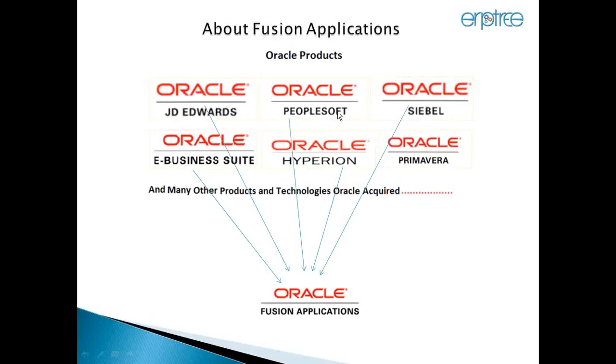From the different ERP and other enterprise products, they took the best solution and built the ultimate product called Fusion applications. Now if any client is looking for the best solution for all areas of business, they need not take licenses from the different ERP vendors. If they go with Fusion applications, they can get the complete best solution available in the market. So this is the meaning of Fusion applications. Any questions from anyone, please?